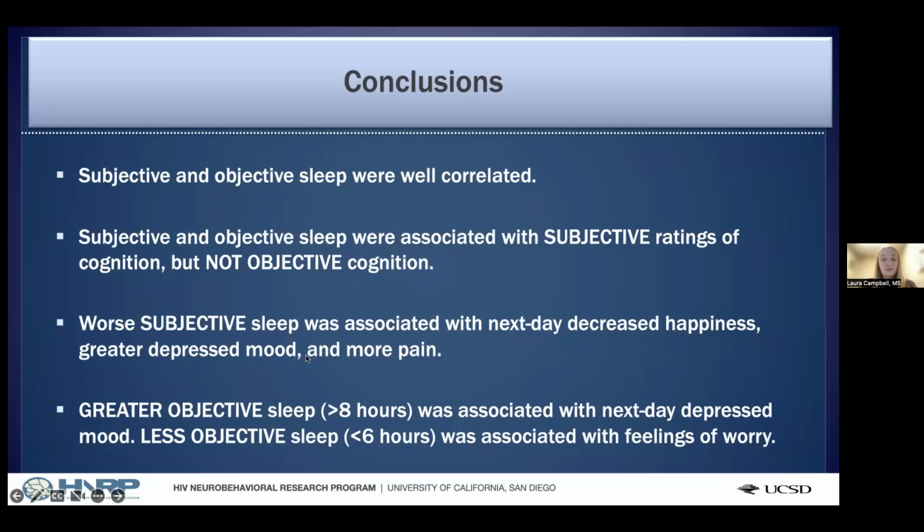And then less objective sleep, less than 6 hours, was associated with feelings of worry. Overall, these effect sizes were pretty small. We would kind of expect that. We don't expect these drastic changes within day, but this study really does demonstrate that we can start to look at these dynamic associations, and that may be meaningful for looking at these dynamic associations and then applying them to